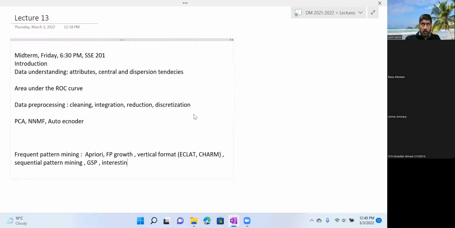Interestingness measures, primarily for association rules. And of course, we discussed a number of measures, and we also discussed some properties that we would like to have in these measures. And then after that, very briefly, which is chapter 7, we discussed multi-level and